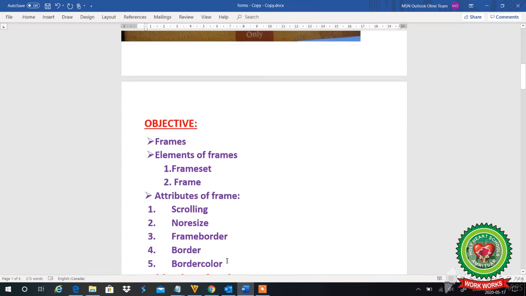Till now we have discussed the topic that was frames and we have discussed different elements of the frame like frame set and frame. We have also discussed the attributes of the frame like scrolling, no resize, frame border, border and border color.